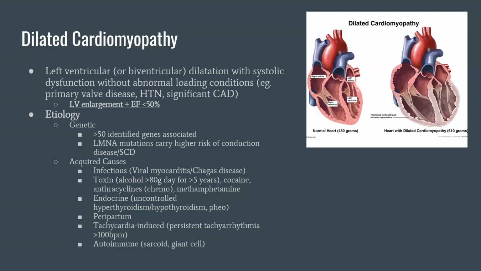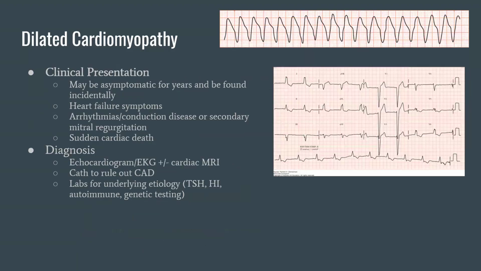Excellent question. So that's tachycardia-induced, usually has a good recovery. And then autoimmune diseases can also cause dilated cardiomyopathy, so sarcoid and giant cell. Dilated cardiomyopathy, how it presents is you could be asymptomatic for years and it's found incidentally. Sometimes